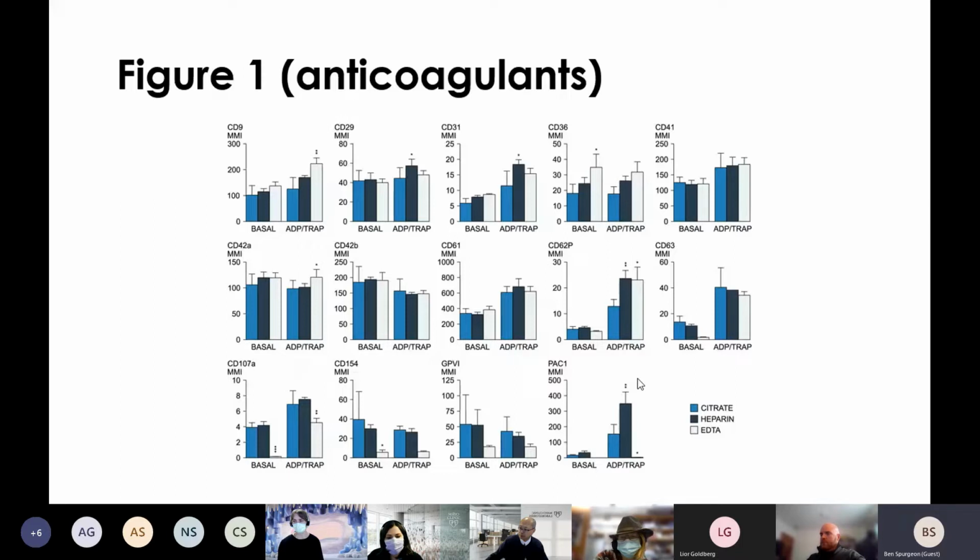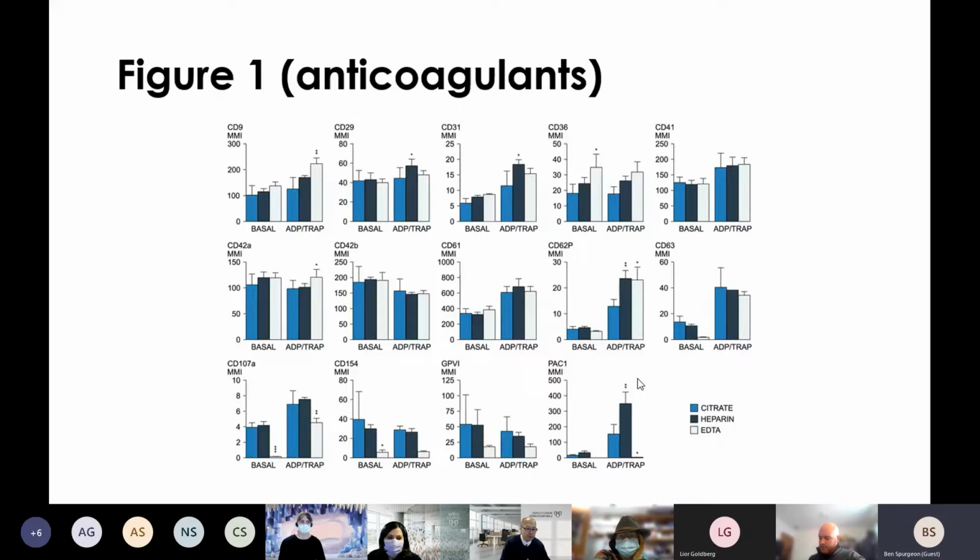And calcium is essential for integrin structure. So it's likely that EDTA is chelating calcium at a level that disrupts the structure of this integrin, so that PAC1 is unable to recognize the epitope. So we determined that EDTA was incompatible with the